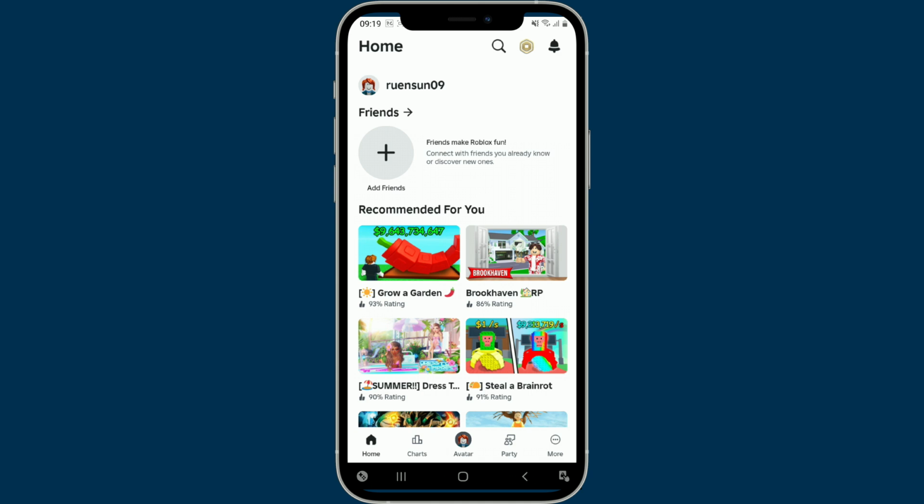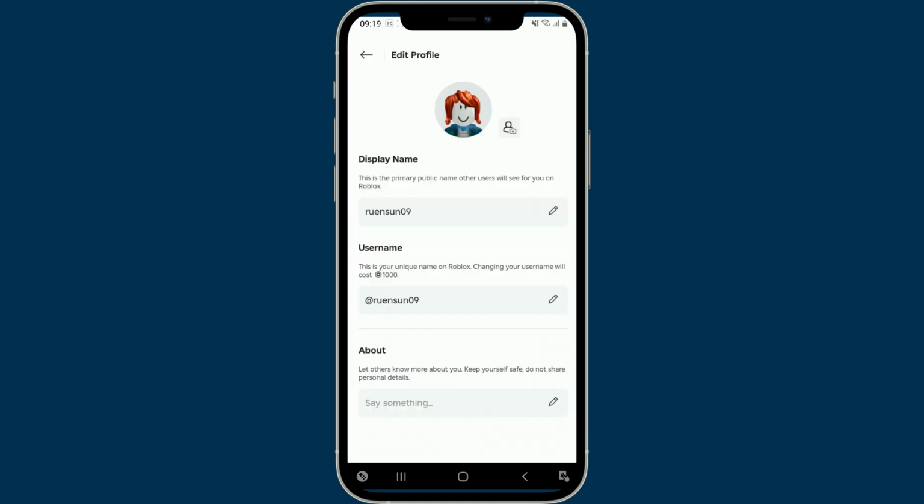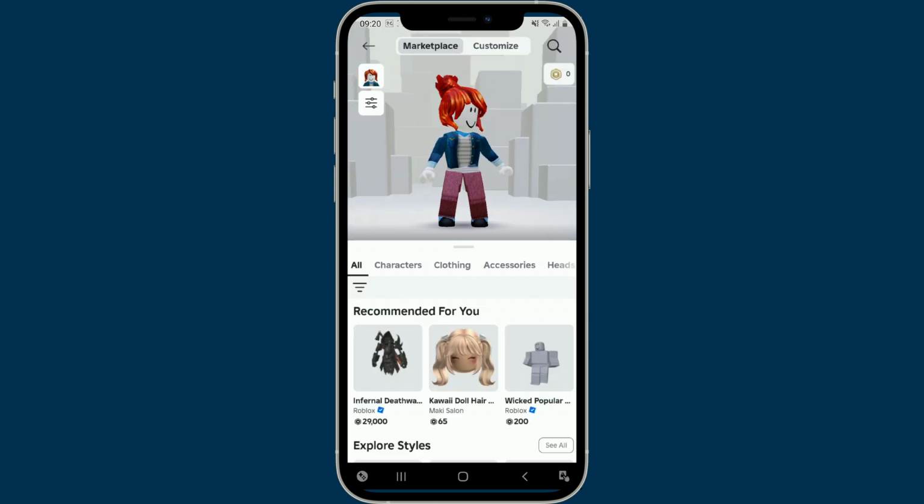First, open up the Roblox application and make sure that you're signed into your account. Now go ahead and tap on your avatar at the top left corner, right in front of your username. In the pop-up, click on Edit Profile. From the page, click on the human icon right next to your avatar and you will end up on this